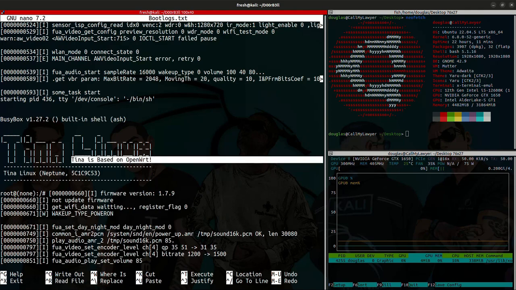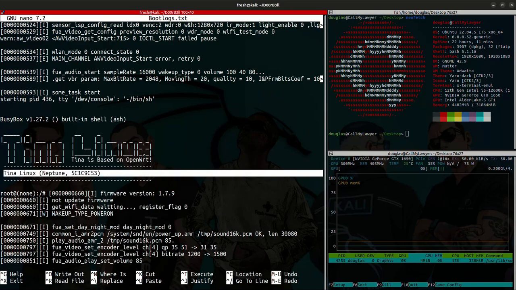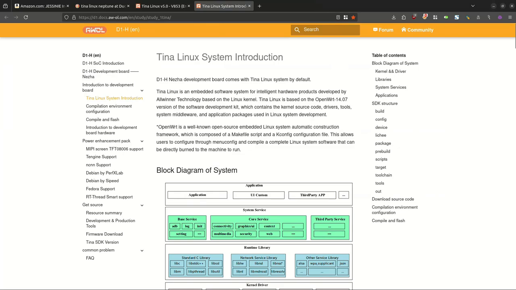Tina is based on OpenWRT, and it is described as Tina Linux Neptune. And Tina Linux is an embedded software system for intelligent hardware products developed by Allwinner Technology based on the Linux kernel. Tina Linux is based on OpenWRT version 14.07 of the Software Development Kit, which contains the kernel source code, the drivers, the tools, the system middleware, and application packages used in Linux system development. So this is great. So I was able to learn some more about this Tina Linux operating system that's running